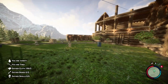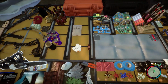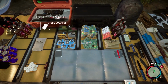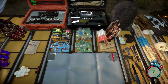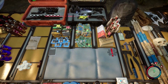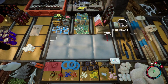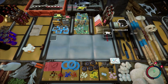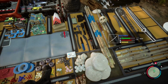But yeah, I think that's about it for this game. I've done everything. I've gotten everything I've wanted, from the guitar to the chainsaw to the crossbow, the shotgun, all of its attachments, the rail gun, the silencer that lets me hunt in silence. I pretty much have everything I want, even the pistol rail, the taser, the binoculars. Day one, before binoculars were ever in the game, I was like, why doesn't this game have binoculars? And sure enough, I think after the update, now we have binoculars. The samurai sword, this was highly coveted. The katana,